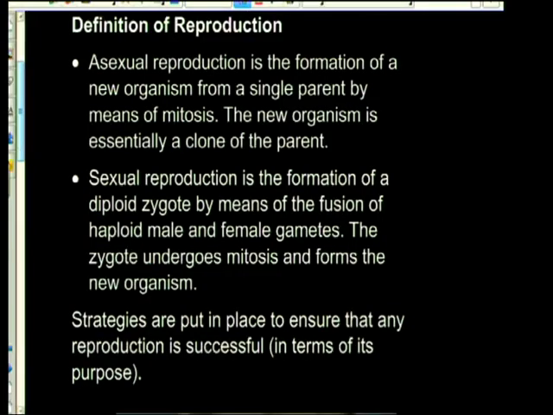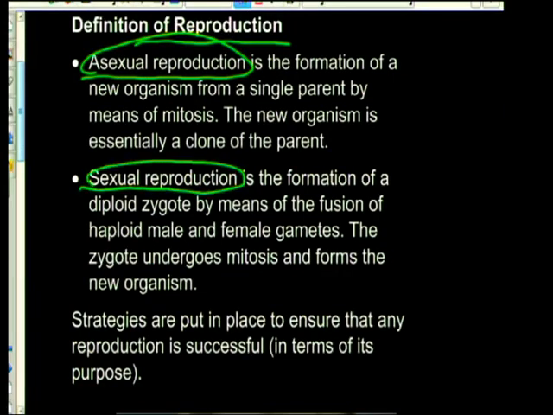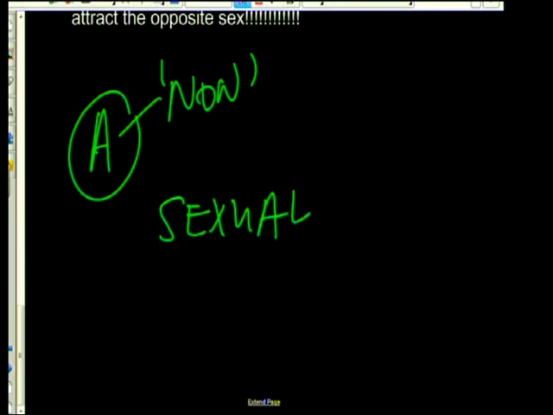If we're looking at reproduction, you would have learned in grade 10 and 11 already that we have two main types of reproduction. The first one is asexual reproduction, and the other one is sexual reproduction. Let's just go back to English a little bit here, and life science. When in life science we're dealing with this letter A as a prefix to a word, generally this means non. So if we have sexual and we add the A as a prefix, asexual,